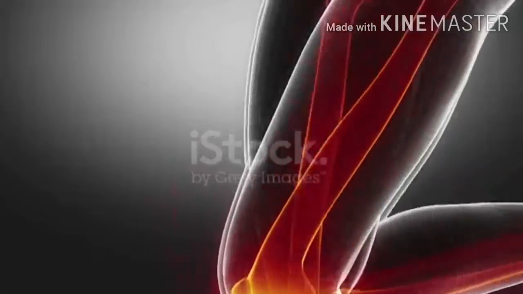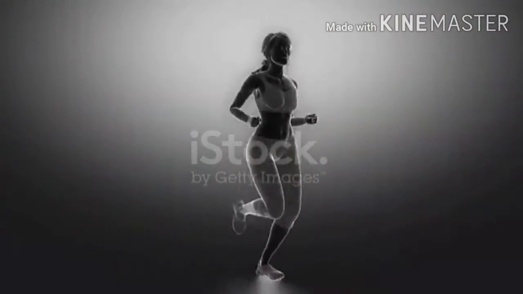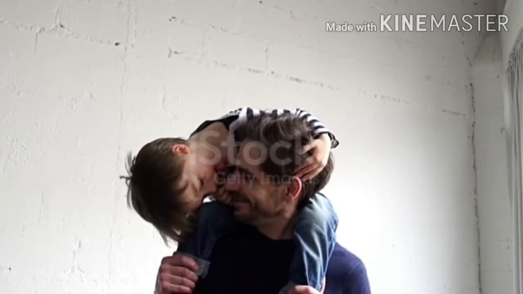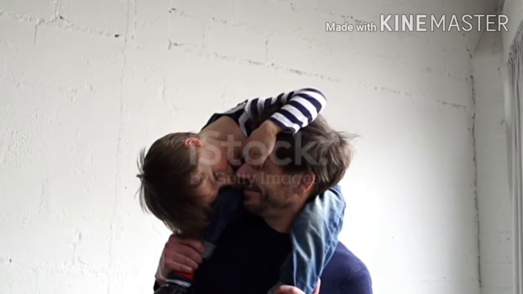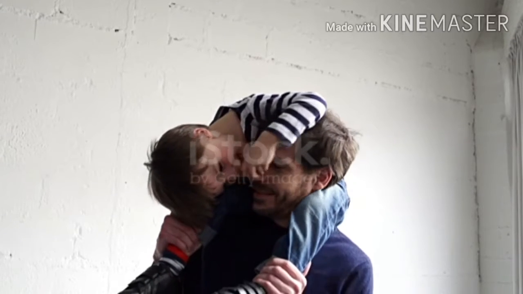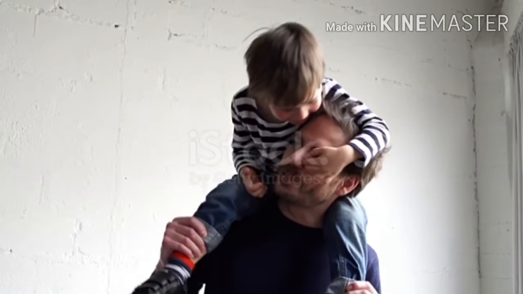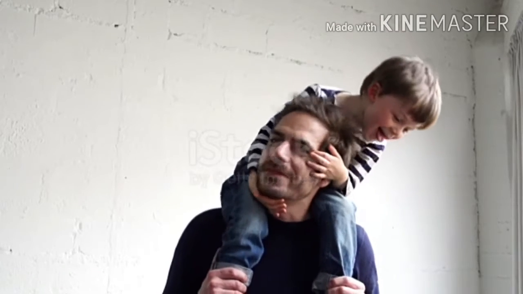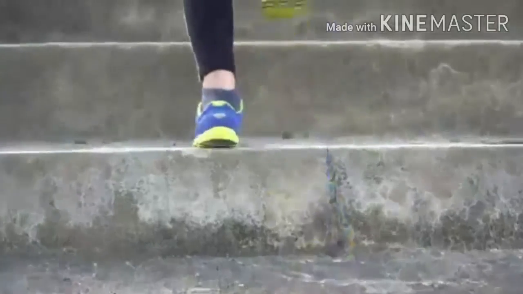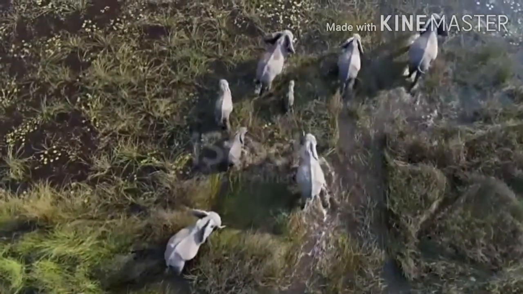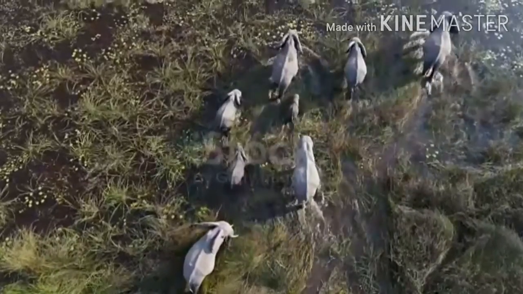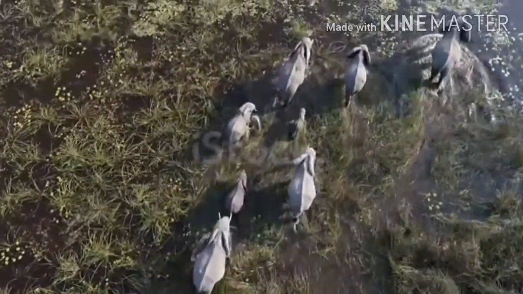And we move our legs while running. These are just some of the examples of our body movements. When we move our body parts like mouth, head, arms, hands and fingers, etc., then our body may remain in the same place. But when we walk by using legs, then we move our whole body from one place to another. The animals also do so in search of food and shelter.